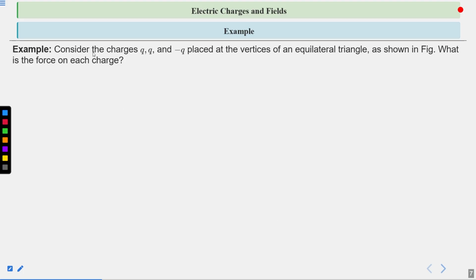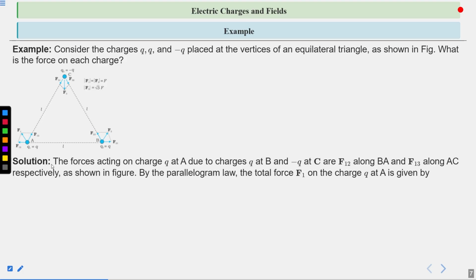So consider the charges q, q and minus q placed at the vertices of an equilateral triangle as shown in the figure. What is the force on each charge? Look at here, this is an equilateral triangle, and here we have to find out the force on each charge. The force is acting on charge q at A,